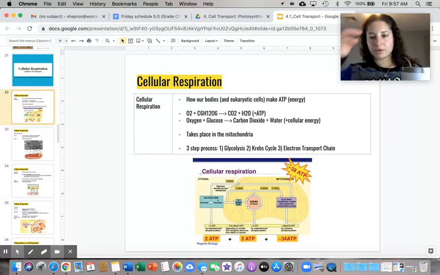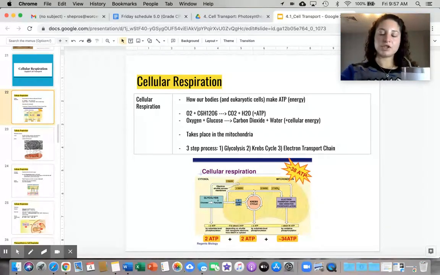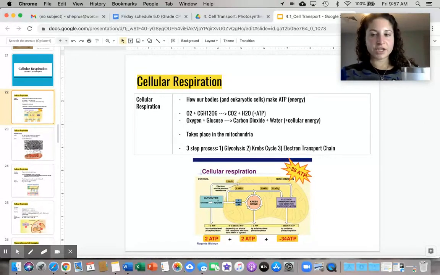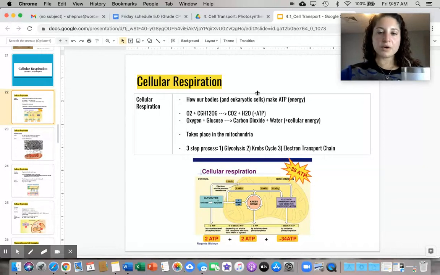All right, so cell respiration, its main job is to make ATP for our bodies. So this is where all of our cellular energy comes from. So remember, ATP is your body's energy source. The same way you put gasoline in a car to make it run, your body needs ATP on the cellular level in order to run. So we're going to be looking at how your body is able to make ATP,